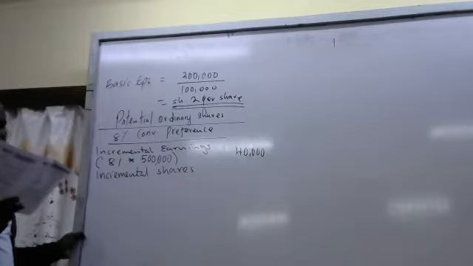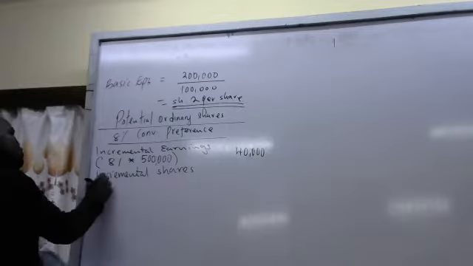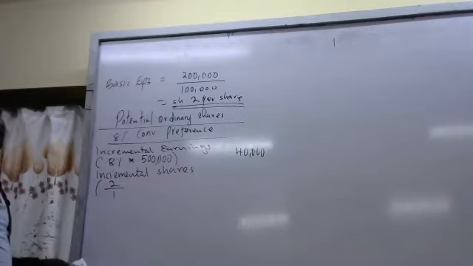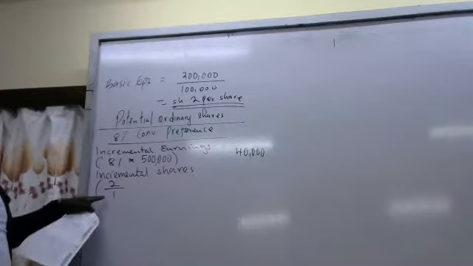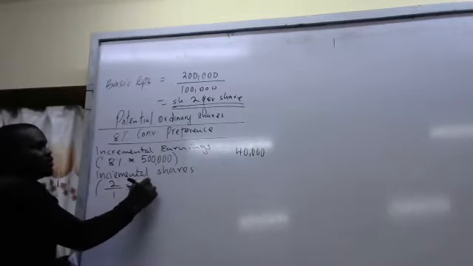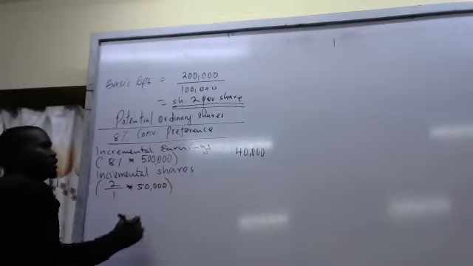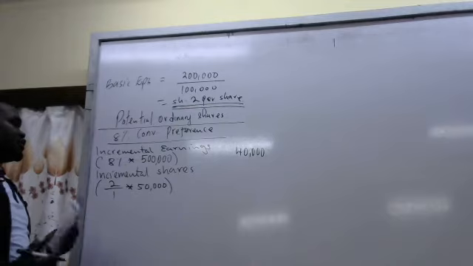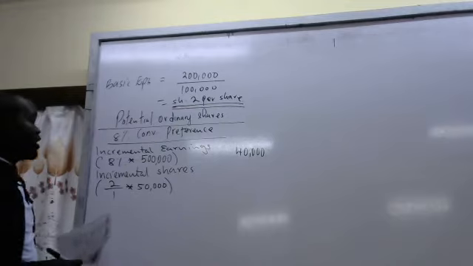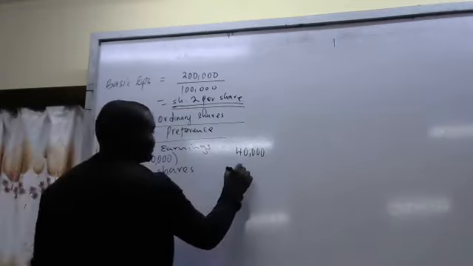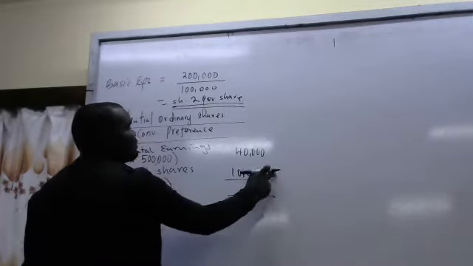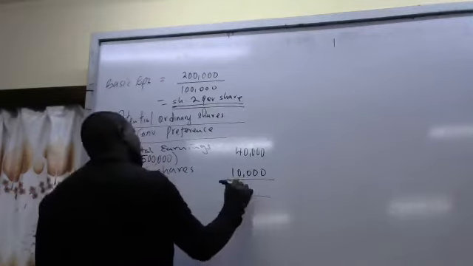Each preference share is convertible into 2. So you get 2 ordinary for every 1 preference. How many preferences are we having? 50. Yes, we have 50. Correct. Giving us 100 incremental shares. This divided by this will give us